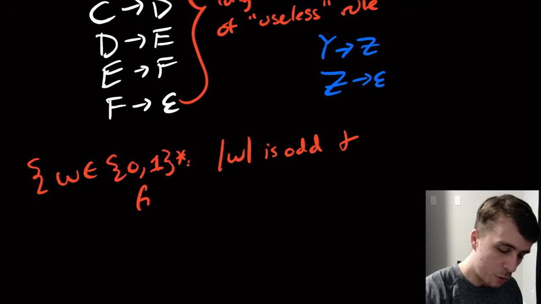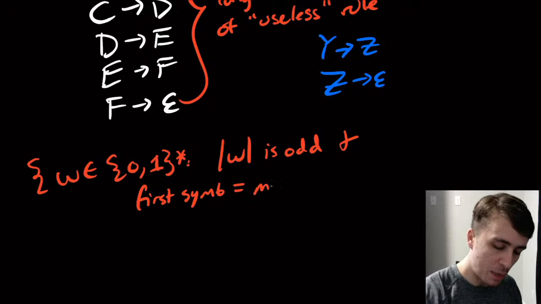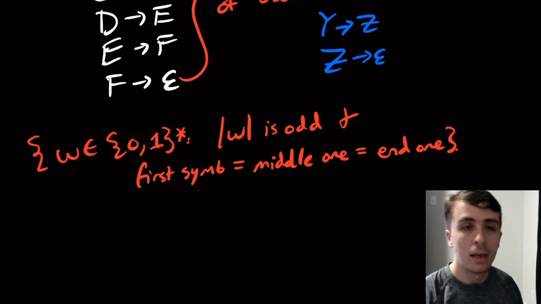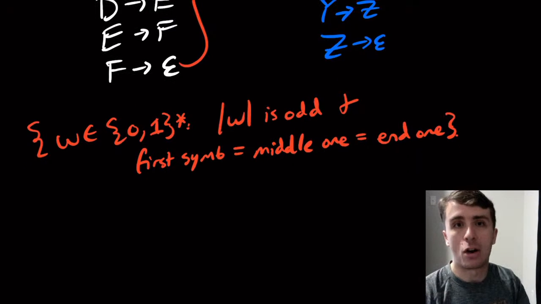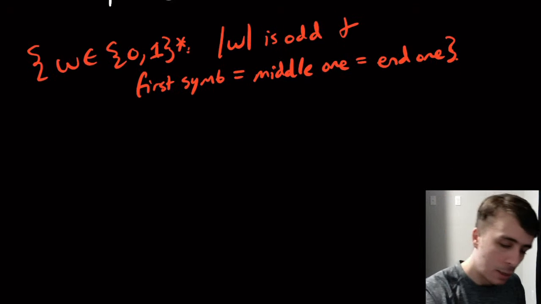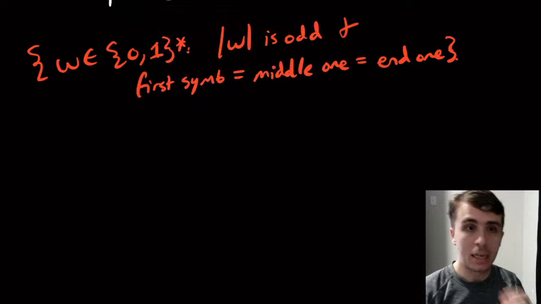The first symbol equals the middle one equals the end one. The rest of the string just does not matter whatsoever. As long as the beginning, the middle, and the end are all the same, then we're all good. So again, it's a good idea to think about